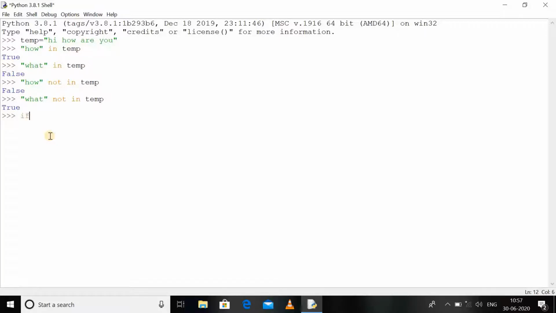Let's say I want to check if "how" in temp, and then I want to execute, let's say, print "yes present", and if it is not present, then I want to execute else print "no, not present".